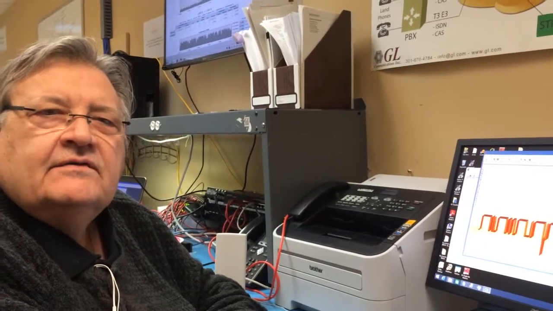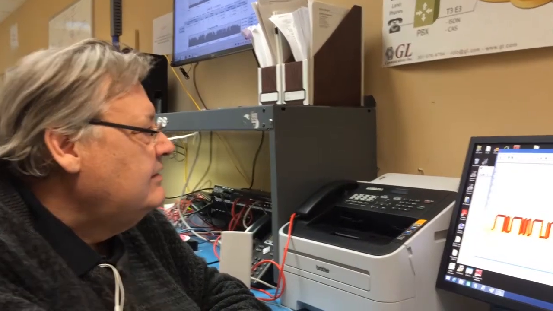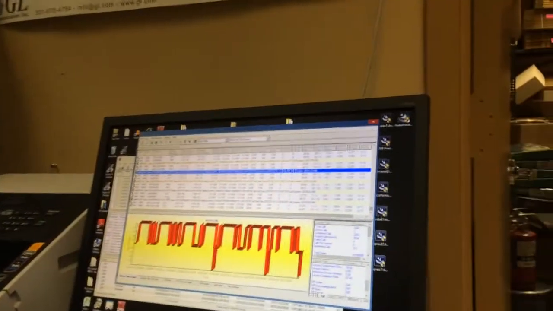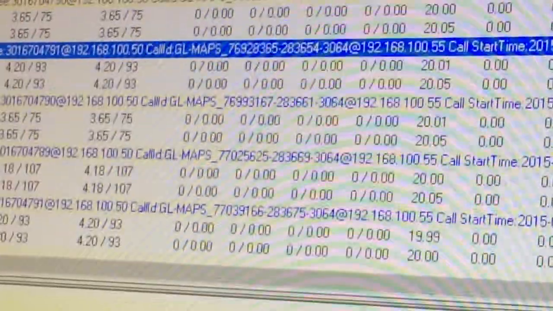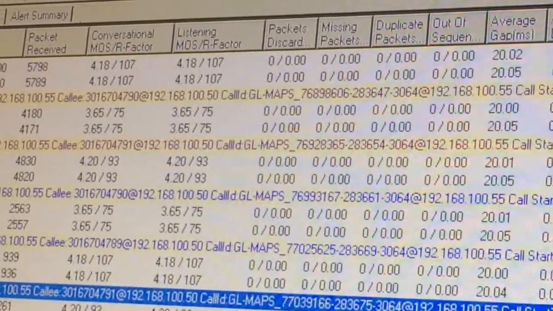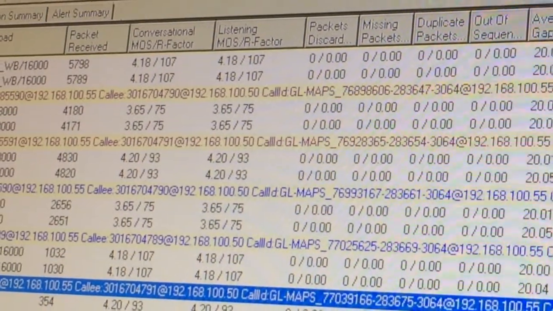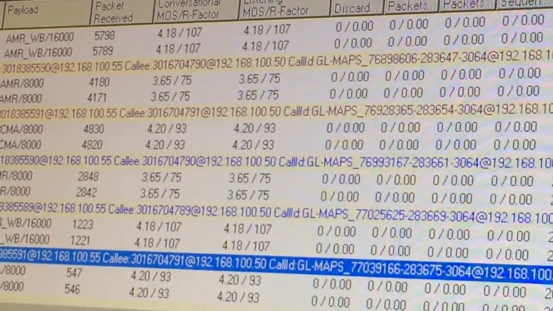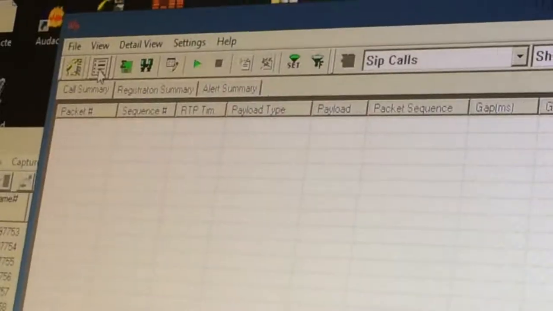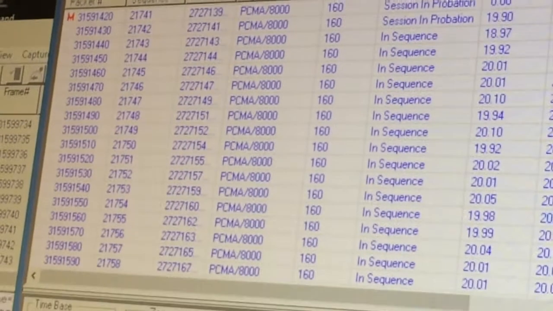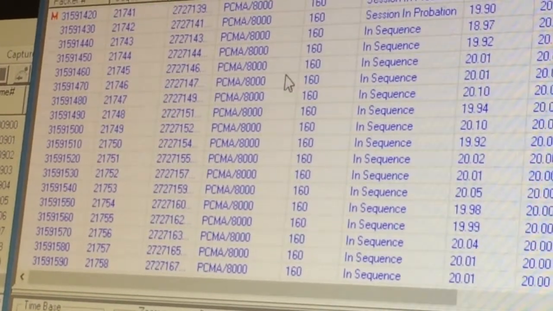I'm going to talk about the drill down feature in PacketScan. All calls, either active or completed, can be monitored and drilled down into detail for further analysis. The calls are color-coded, either complete, incomplete, or active calls. The active calls are blue or light blue, so you can select the call, select the magnifying glass icon, and drill down into the actual call, and we'll show you the packets